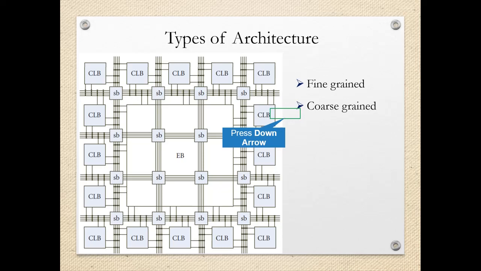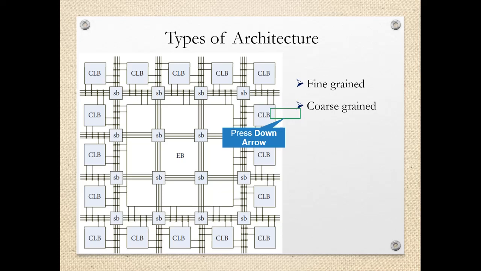Now in the coarse grained architecture, each logic block contains a relatively large amount of logic compared to their fine grained counterparts. So here this EB part, that is the embedded part, contains the whole processor. For example, a logic might contain four input LUTs, 4 multiplexers, 4 type D flip-flops and some fast carry logic. As the granularity of the blocks increases to medium grained and higher, the amount of connections into the block decreases compared to the amount of functionality they can support.